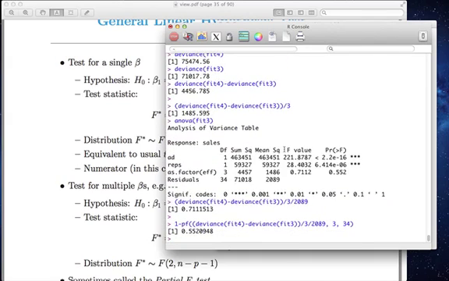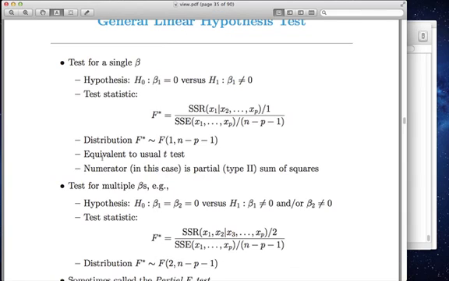So maybe I'll summarize the key points. If you want to include a categorical variable, use dummies. You need one less dummy than the number of values that variable takes. And then you can use this drop one to determine what is the effect of including all those dummies. And it's just saying it's not helping us very much. So we could drop the wholesaler efficiency variable in this